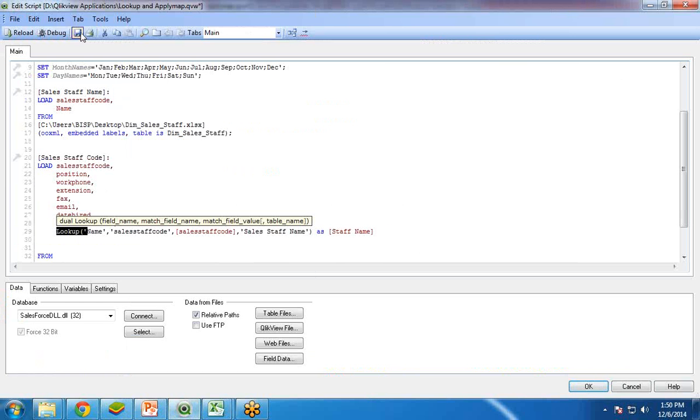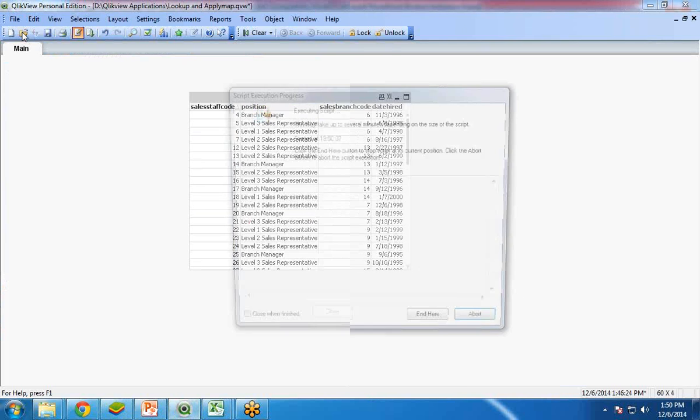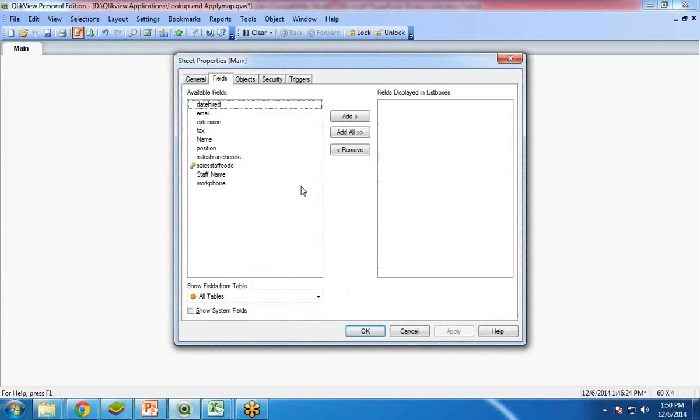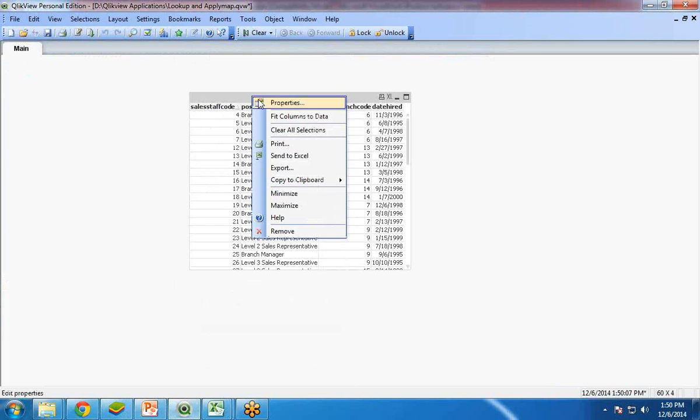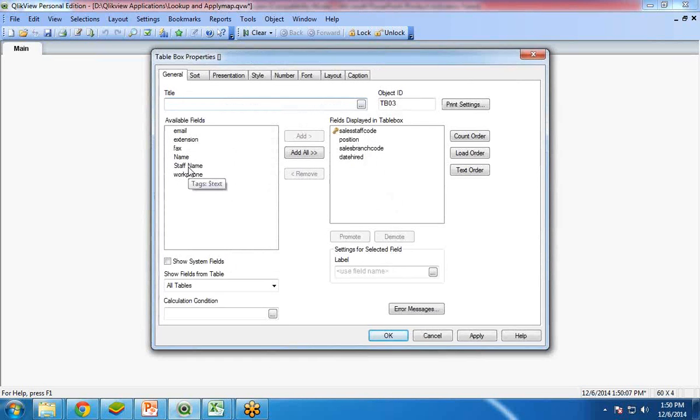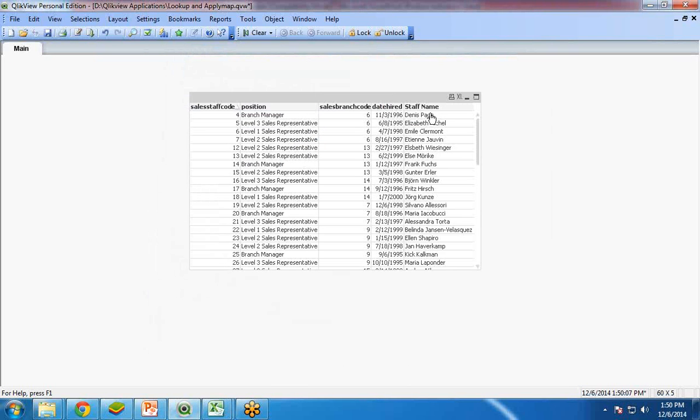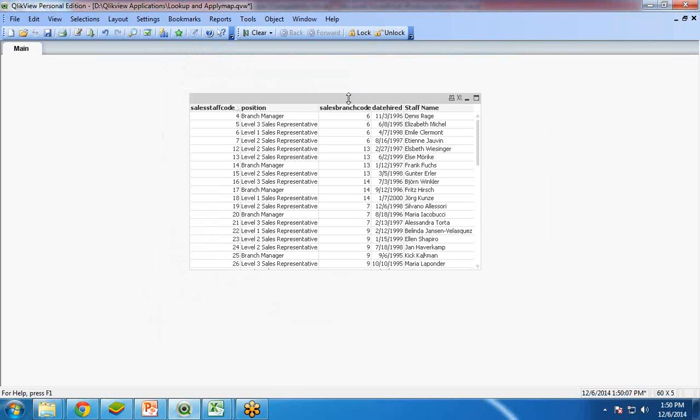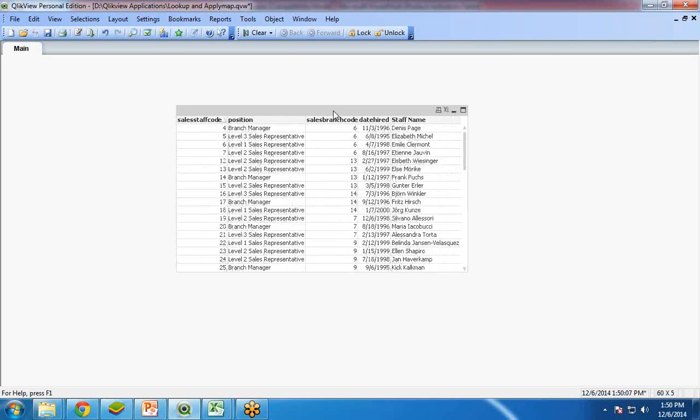So let me save this and reload this, and now if I right click over here, I have got a new name over here, staff name. I can add this and it will display the associated staff name. But there is an error over here. The error is,